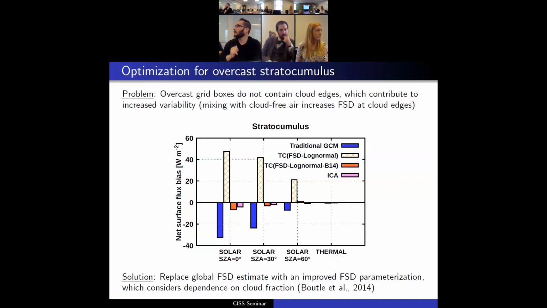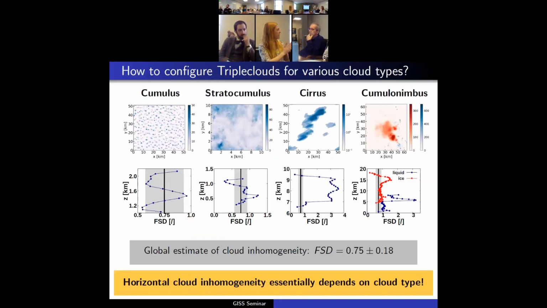characterization. And how did you define the cloud types? I have simply picked four cloud cases, which I considered as being cumulus, stratocumulus, cirrus, and cumulonimbus. They're LES case studies, right? Yeah. So this is